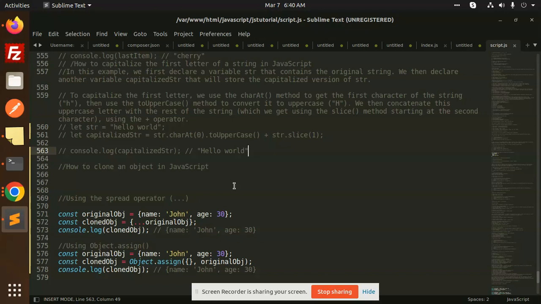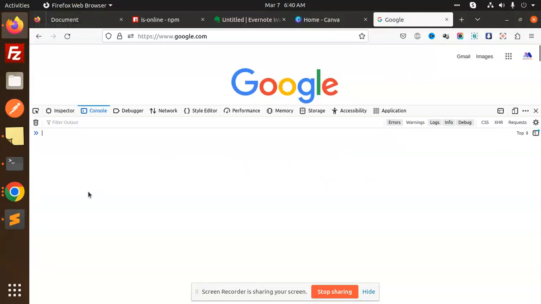So let's get started. Here you can see that there are two methods to clone an object in JavaScript. First one is the spread operator, second one is Object.assign. In the spread operator, first we define the object, and after that, using the spread operator, just three dots and the original object, and console.log. If I copy this and paste it anywhere in the console,